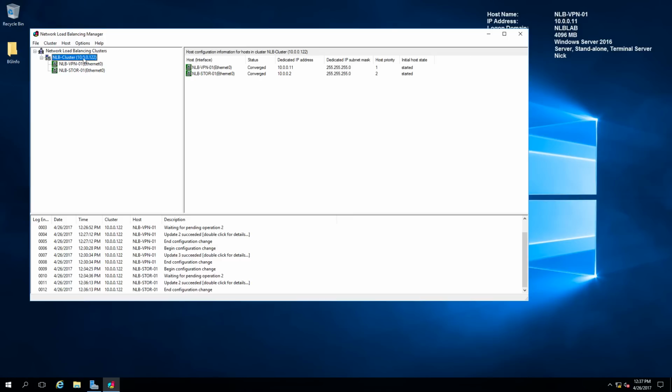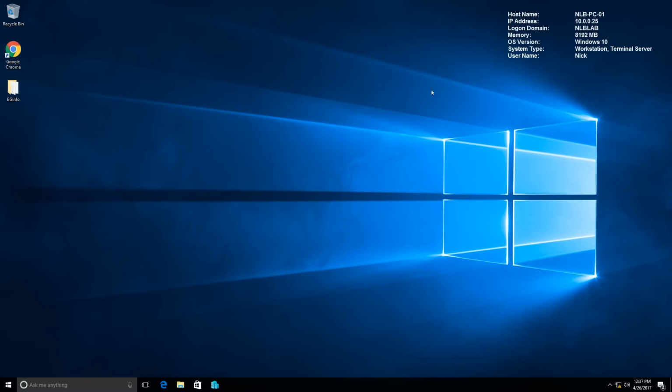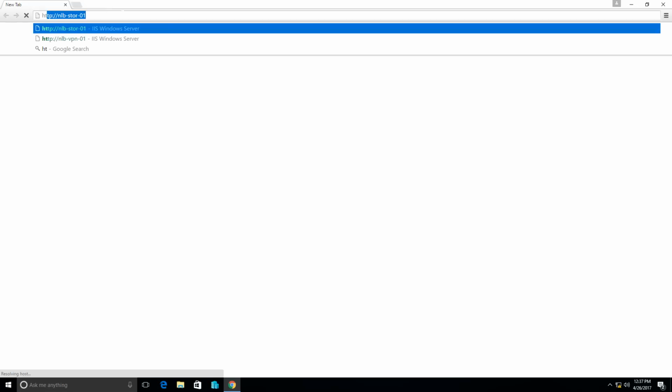added into my cluster, and the next thing I want to do is test the deployment and confirm that indeed my NLB solution is working at the moment. It would be a shame if the NLB solution is not working, right? So for this purpose I'm going to switch to my client machine, which is NLB PC01, and I'm going to open a small Google Chrome. So from here, what I want to do is open HTTP and then NLB cluster and press